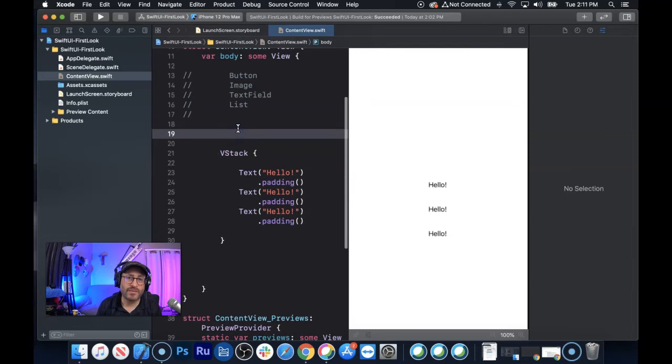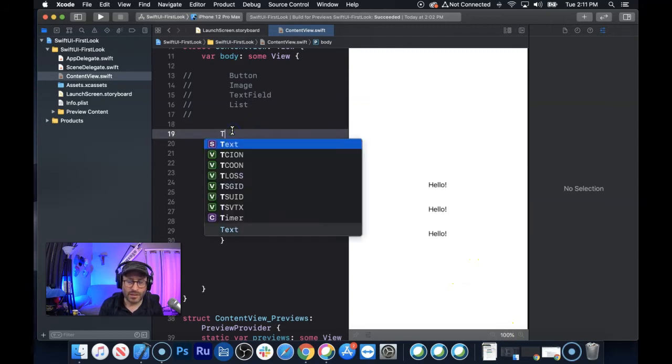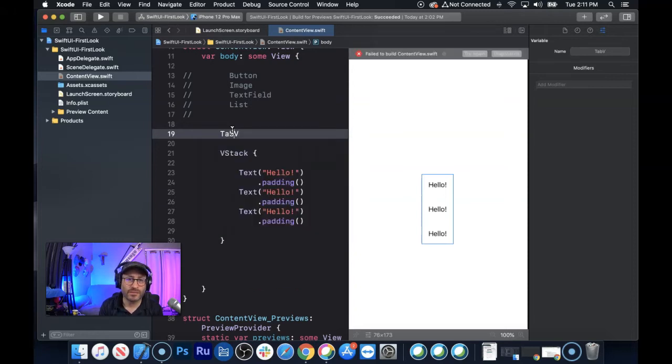Let's make a tab view. A tab view is kind of like what we're used to, where there's Facebook or one of those apps. They've got a bunch of tabs at the bottom of the app. Let me show you how to do that in SwiftUI. It's pretty simple, actually. You just type out tab view